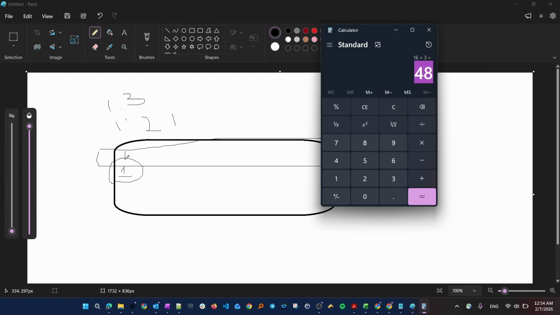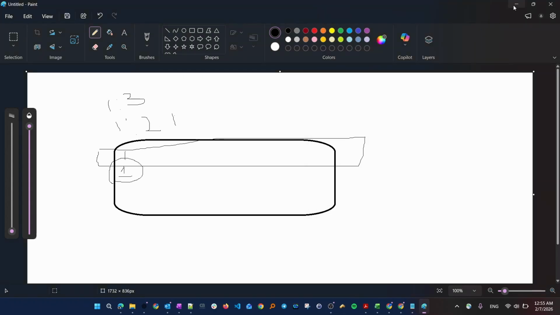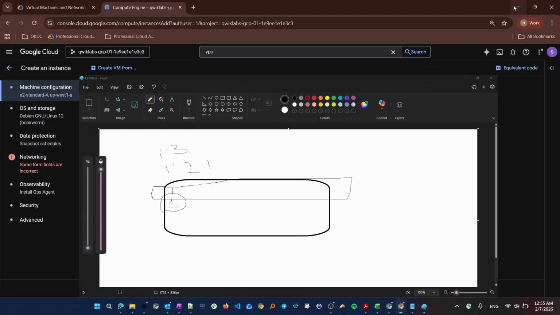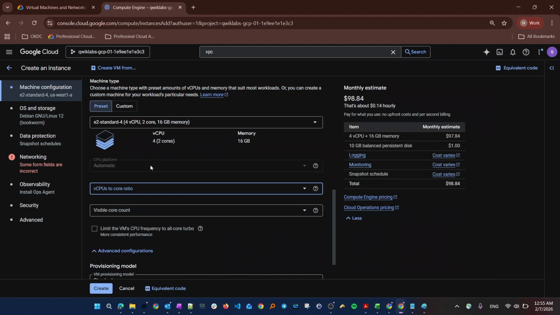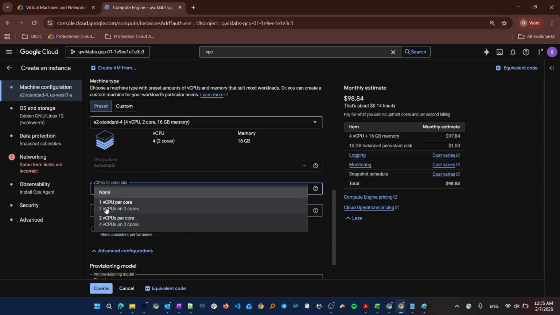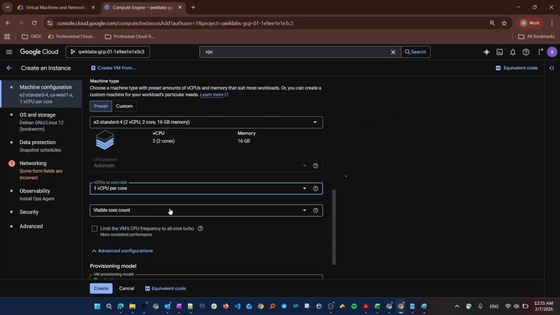In the case of databases where you really require more CPU or dedicated CPU, you cannot consider 1:7 or 1:5 or 1:3. You need to go for 1:1 or 1:2, right? If you have any doubt on this particular subject, ping me in the comments. I'll be happy to give you more detail, or maybe we'll make a separate video about that. So for the time being, I will just select 1 vCPU per core,